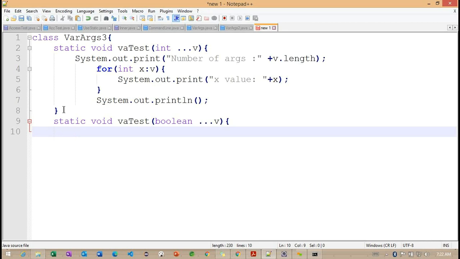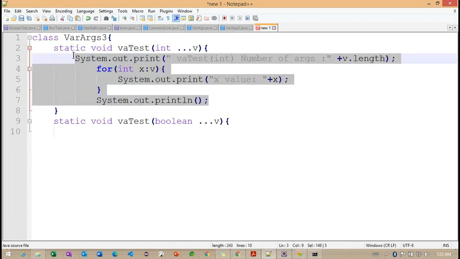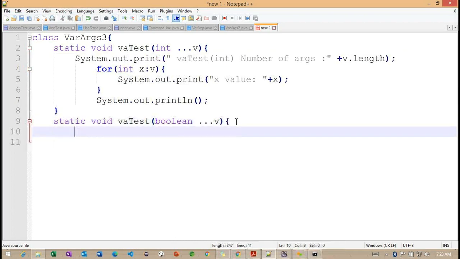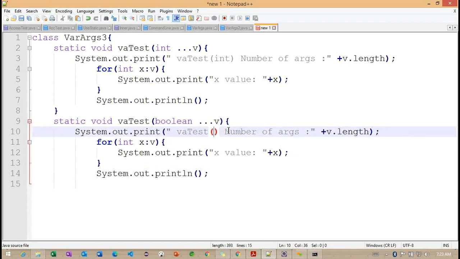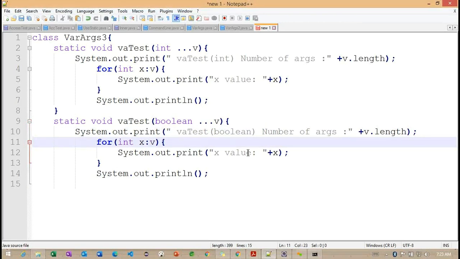Now you can observe, here I need to define VA test, so integer and number of arguments, and in the same way I want to copy here Boolean, and here number of arguments, and we'll have a loop.